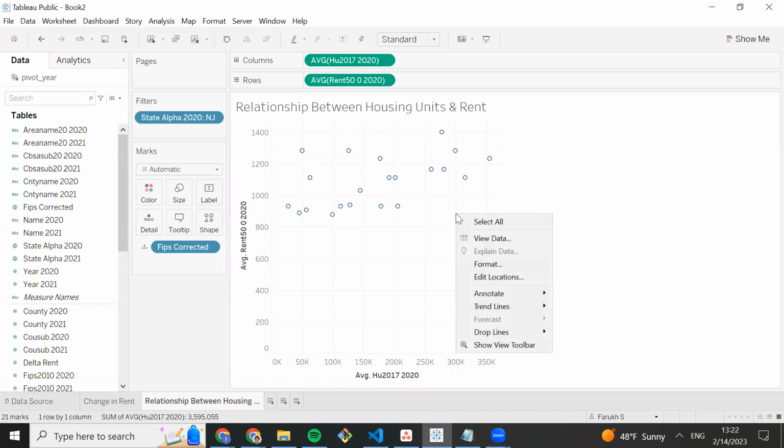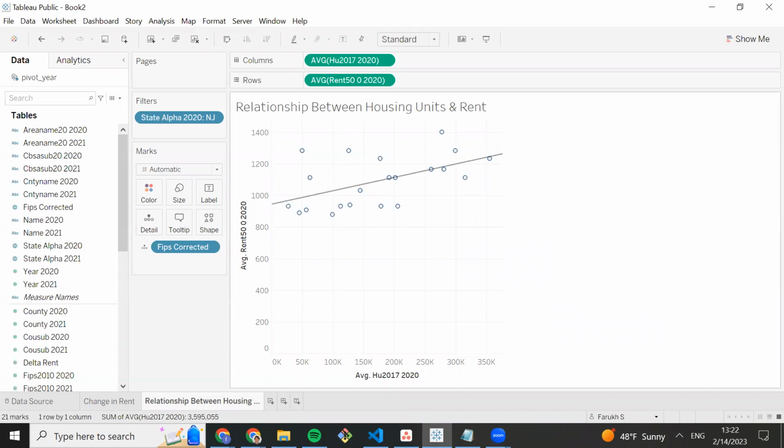If we right click on this chart, you'll actually see an option called trend line. Now a trend line is basically a line that shows, very self-explanatory, the trend in data. Is it a positive trend? Is it a negative trend? Is it a neutral trend? So I'm going to go ahead and select show trend lines, and as you can see, we get a very